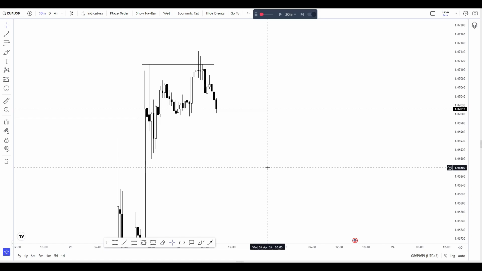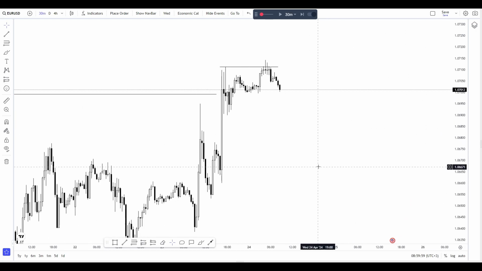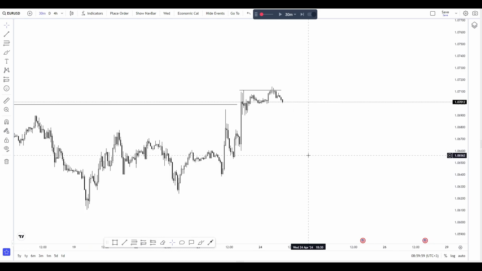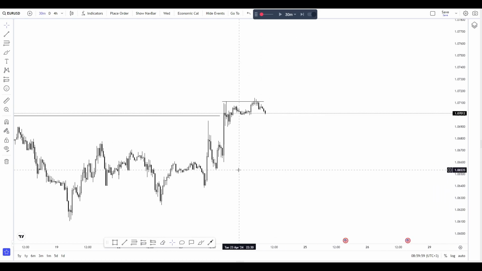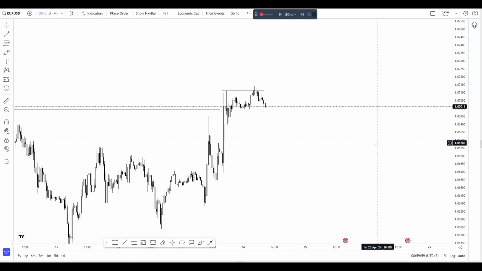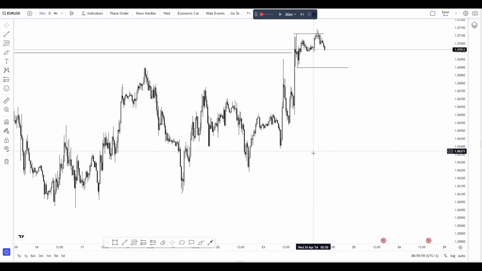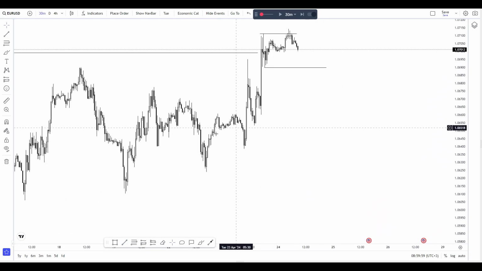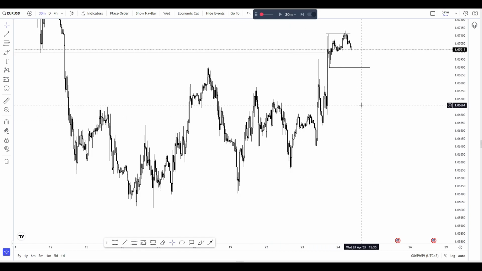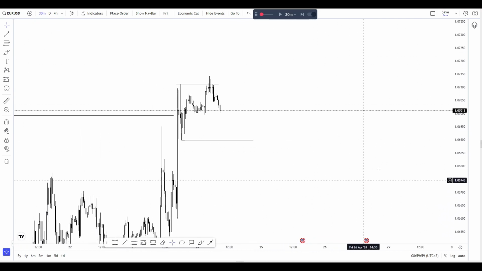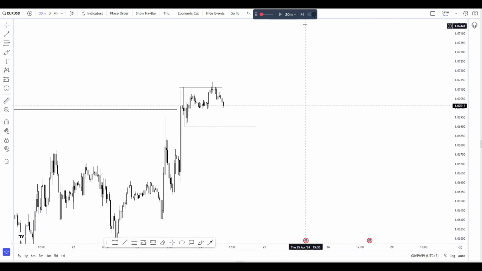So as I said, my daily time frame is short and my 30-minute time frame is also short. But as you can see on the 30-minute time frame we have bullish order flow. We don't have it on the daily time frame, but we have it on the 30-minute time frame, and also we have a very impulsive move. So I'm not interested in targeting something under that low, because the price may do a lot of different risk sweeps, and only after that it will go lower.